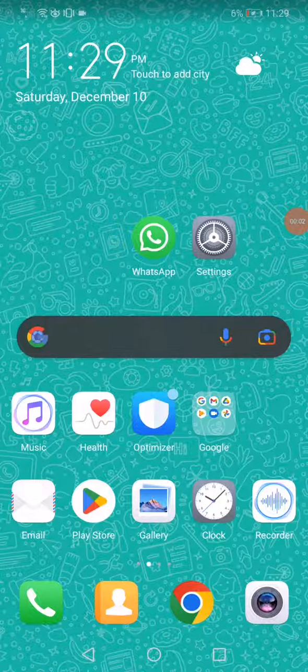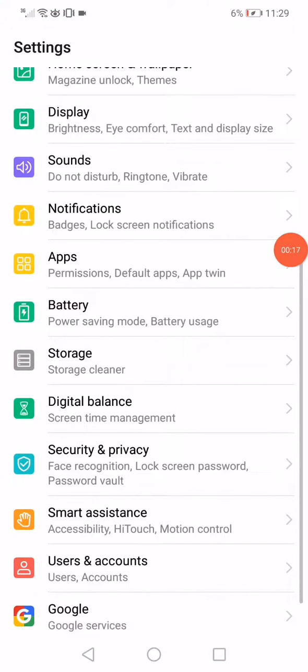So, how to fix the status problem on your WhatsApp? Hello guys, in this video I'm going to show you how to fix the status problem on Android or even your iOS iPhone. So all you have to do is go to the settings on your phone and then open